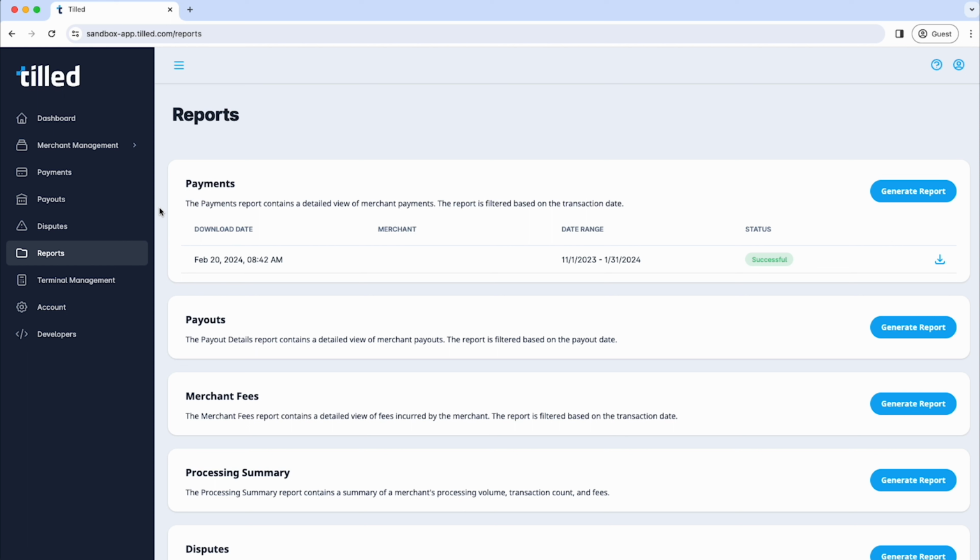As you can see, there are multiple types including payments, payouts, merchant fees, processing summaries, and disputes. If you'd like to learn more about how to leverage these other reports, check out our videos for other walkthroughs. Currently, we are viewing this from the Partner console, but the report types will also be the same viewed from